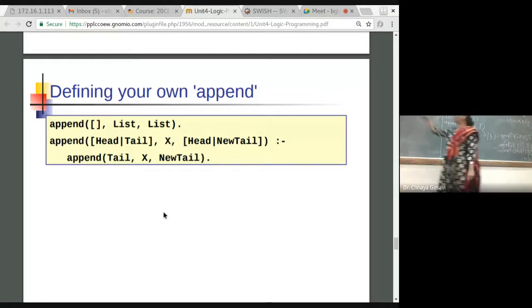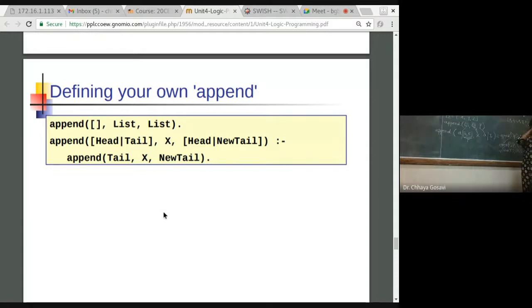There is an inbuilt function append, but to write your own function, you can change the name. Instead of append, you can use append call. Here it is a recursive call. You go on taking the CAR till you get a blank list. If it is a blank list, whatever the second list is, you will copy it as the new list. Okay. Now here, what you want is that it should copy head into the new tail. So this syntax, head into new tail.